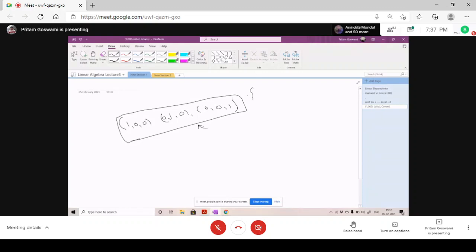if any question comes where they give you these three vectors and they give you another two or three vectors, you can simply say that taking any vector from this part, this can be written as a combination of these. So this vector belongs to the span of these three vectors. So this set, these three vectors including the vector you take here, is linearly dependent. And the whole set is a superset of the linearly dependent set, so the whole set is linearly dependent. So you can use it as a tool also. Clear? Yes, sir.